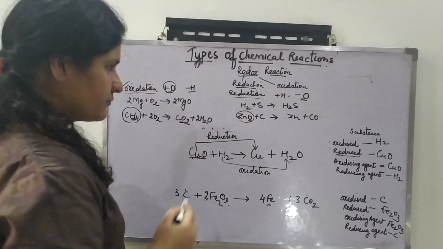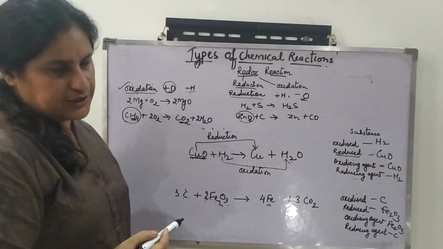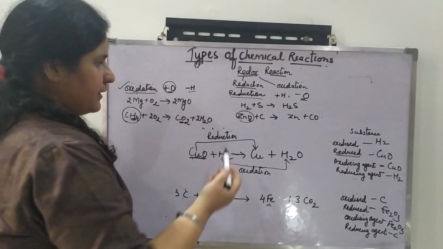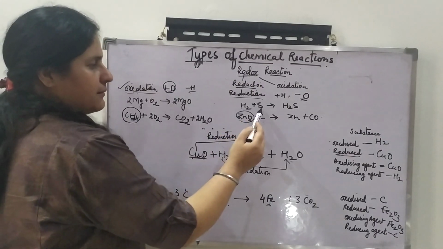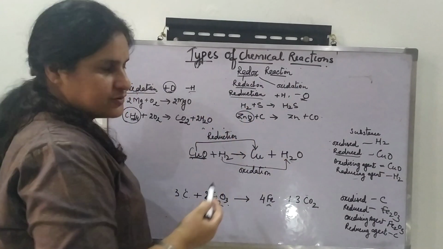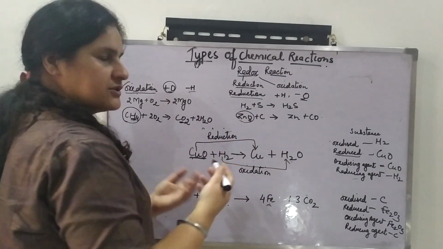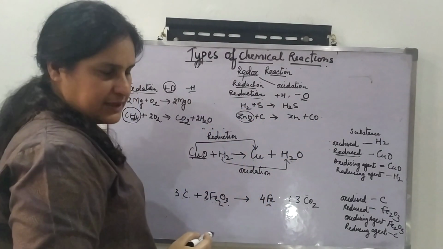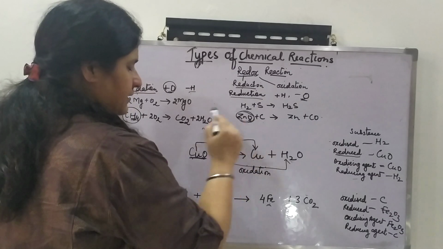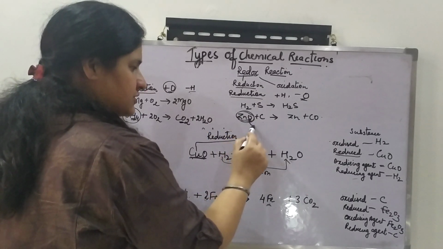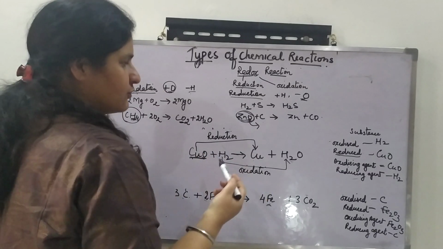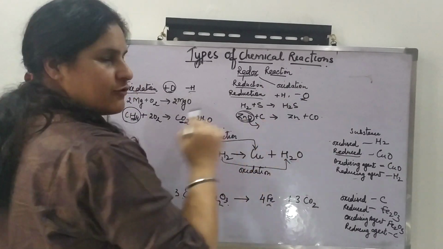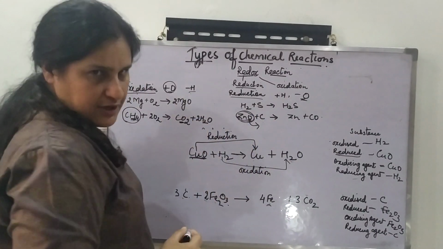Now reduction. Reduction is just opposite to oxidation. In reduction, hydrogen is added and oxygen is removed. Okay? So here in this example, hydrogen combines with sulfur to form hydrogen sulfide. So hydrogen is added to sulfur, so reduction is taking place. And in this one, zinc oxide plus carbon forms zinc and carbon monoxide. If you just focus on zinc oxide, the oxygen is moved out and zinc oxide has changed to zinc. So removal of oxygen is reduction, right?